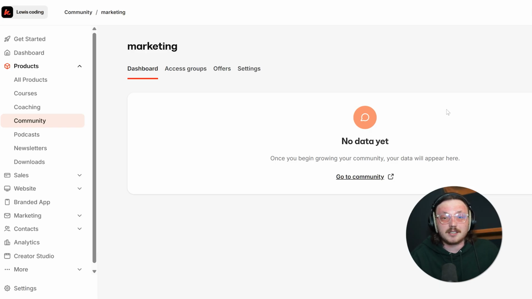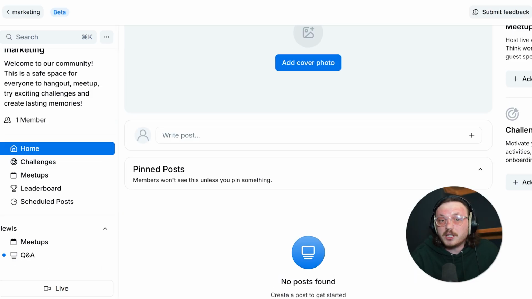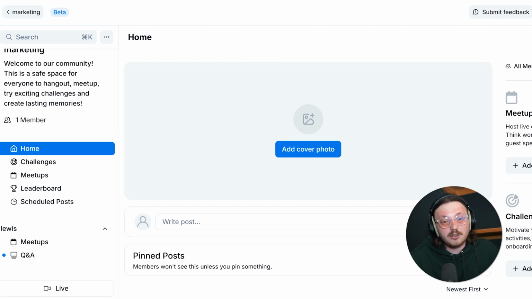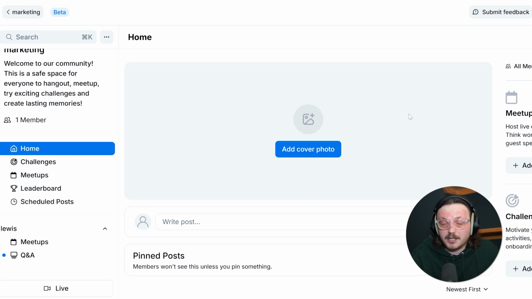Kajabi has really improved its community features. It used to focus mostly on course creation, but now it offers tools to build strong community spaces that connect perfectly with its other features. With Kajabi, you can create a community that links directly to your courses and coaching programs. This makes it easy for members to jump from watching a lesson to joining a discussion or attending live Q&A sessions. Although Kajabi's community tools might not be as detailed as Mighty Networks at first glance, they are part of an all-in-one platform. For example, if you're launching a course on digital marketing, you can set up a community area where students can discuss lessons, share experiences, and give feedback, all without leaving Kajabi. This kind of integration is a big advantage when you want to grow your online business in a seamless way.